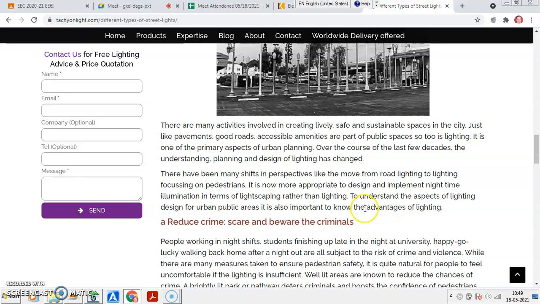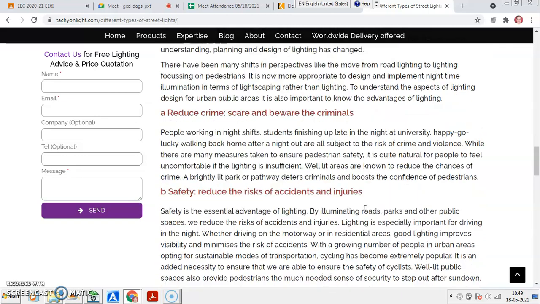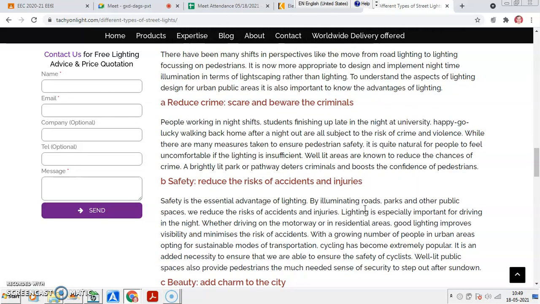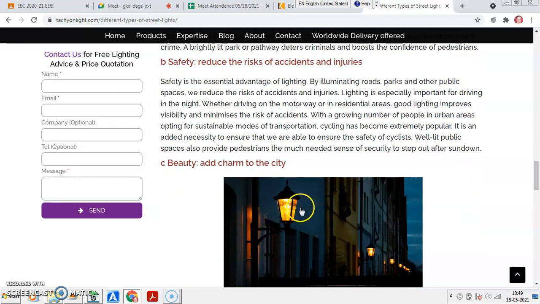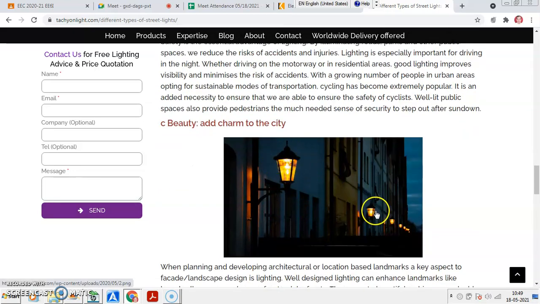That was earlier. Now we have taken traffic as the major point. Reducing the risk of accidents is the present point, but in earlier times the point was to reduce the crime, to avoid thefts. So this is an electric lamp, but such type of kandil normally in earlier days they were used.